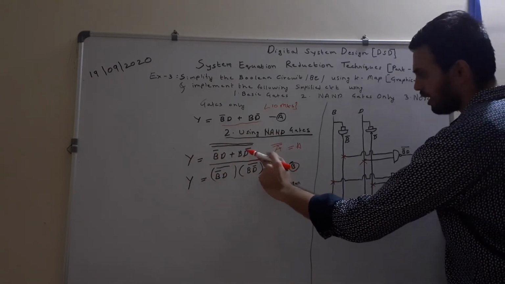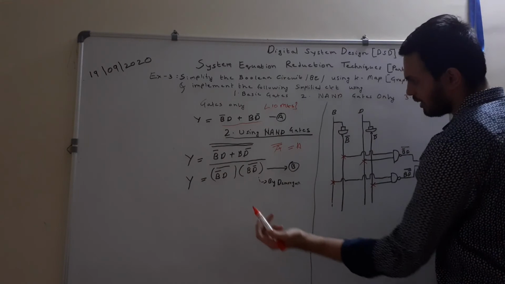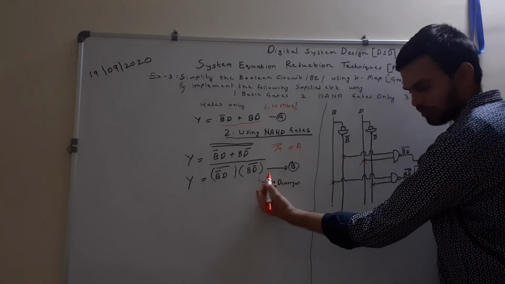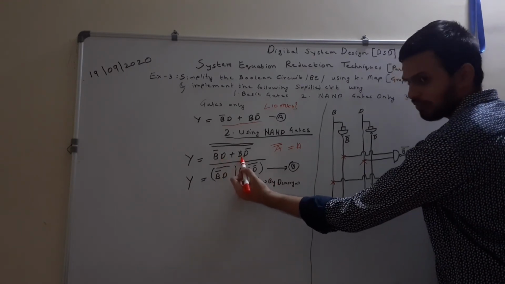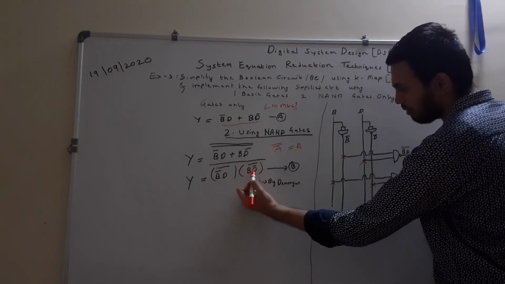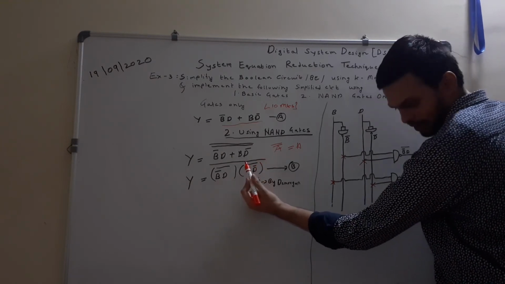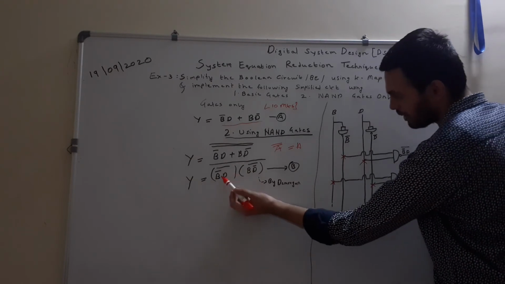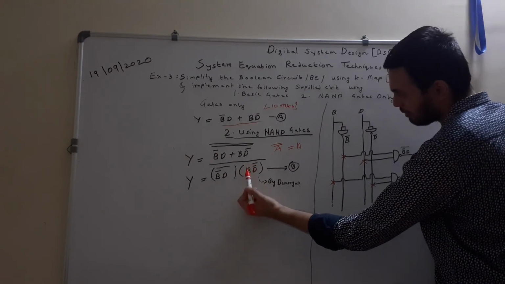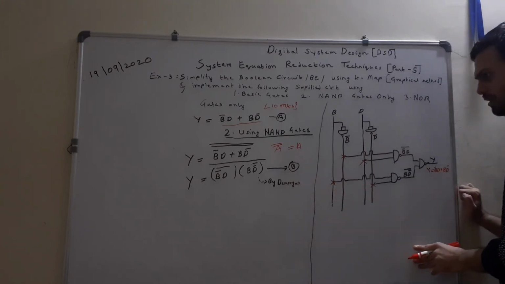Now have a look over here, there are two complements present, and this expression is of the form b bar d plus bd bar. So we can apply De Morgan's theorem inside. That is, whenever there is a term like a bar plus b bar, we can write it as a dot b the whole complement. So a complement dot b complement we can write. So that's why our equation reduces to this particular term and the complement at the top remains as it is. So this is represented by b bar d the whole complement and bd bar the whole complement, and one complement is there. Now let us move on to realize this equation number b over here.